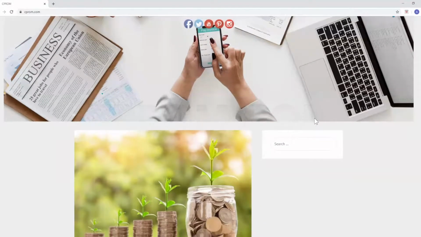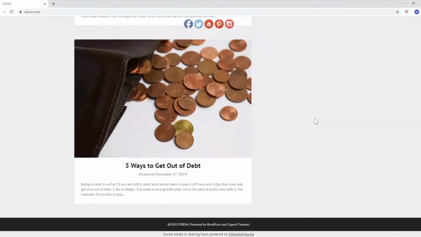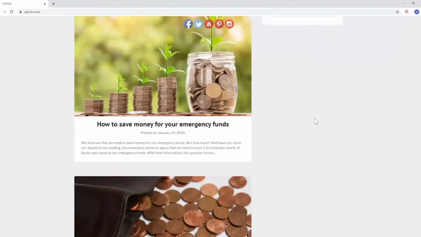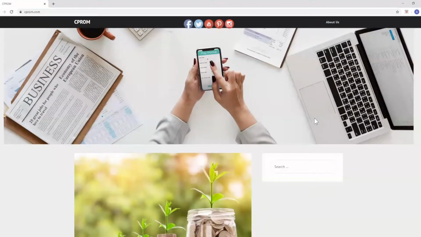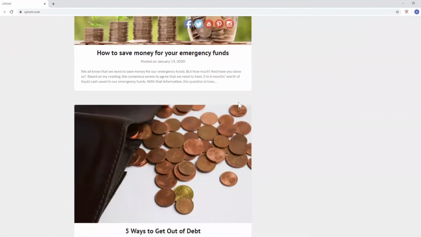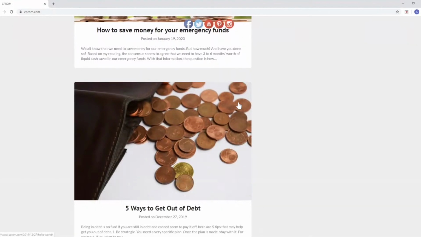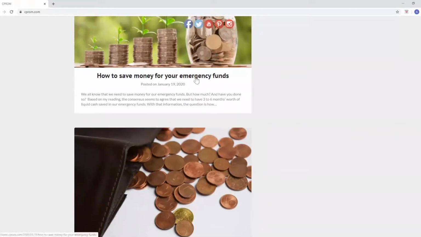When you look at this website, you will see that the content gives value to its readers. This website is beautifully created and the layout is awesome. We have the header right here, and scrolling down you will see the posts. Notice that the posts on the home page are snippets of the blog content and not the full post. You can include phrases such as continue reading, read more, or read the article. You can also set it up so your readers can click on the blog post title to access the full